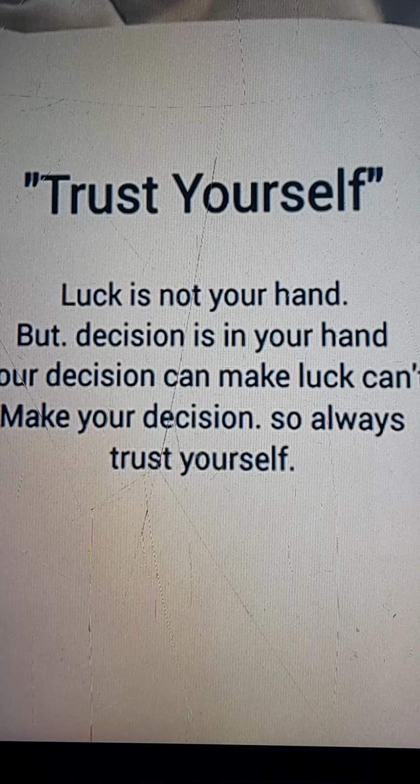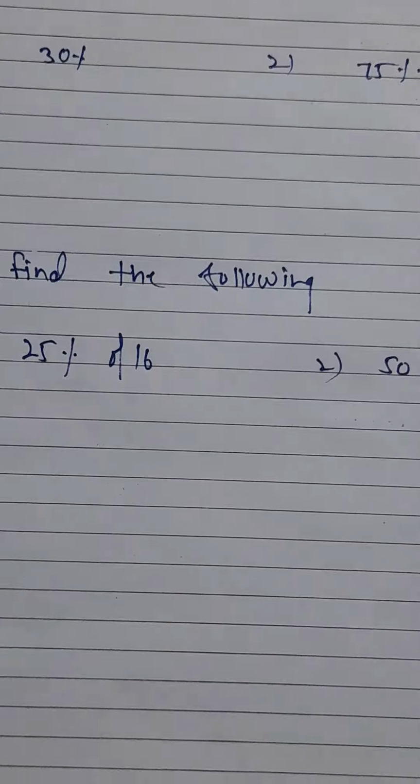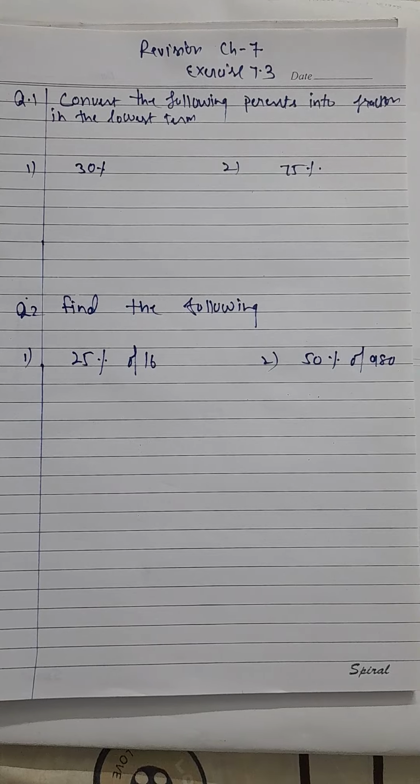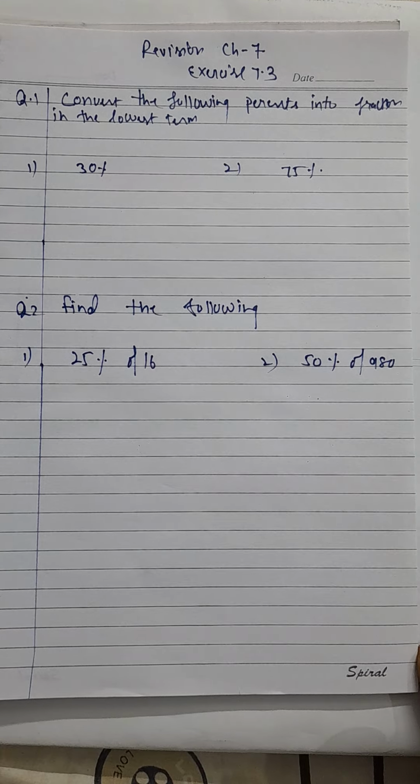Today we are starting revision of chapter number 7. Students, as I told you, two chapters are coming in UT 3, chapter 7 and chapter 9. Chapter 7 exercise 7.2 was revised earlier in the previous class. Today we are revising exercise 7.3. Here two questions are there, and the first question is,